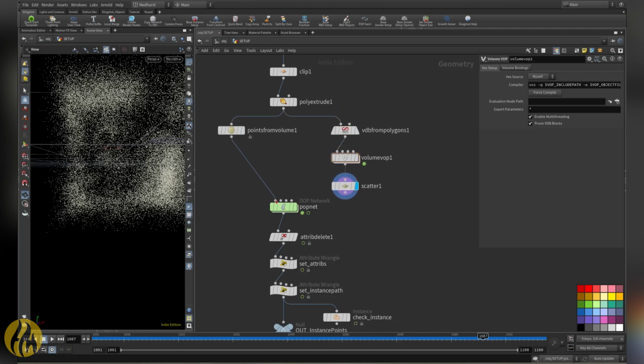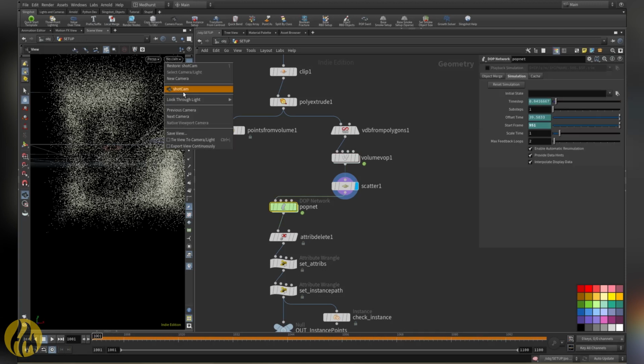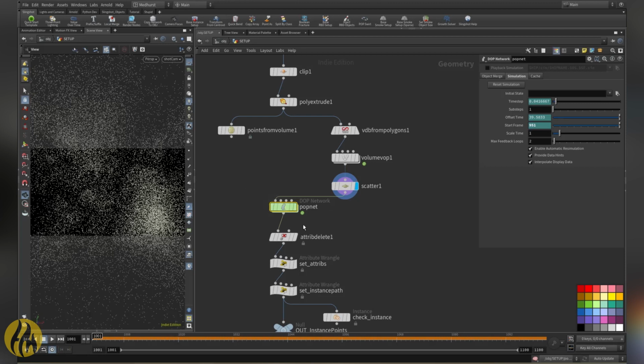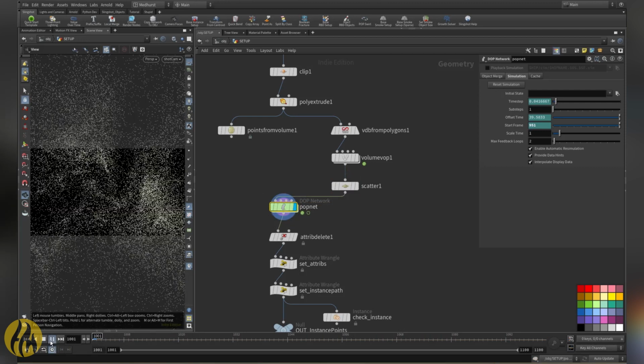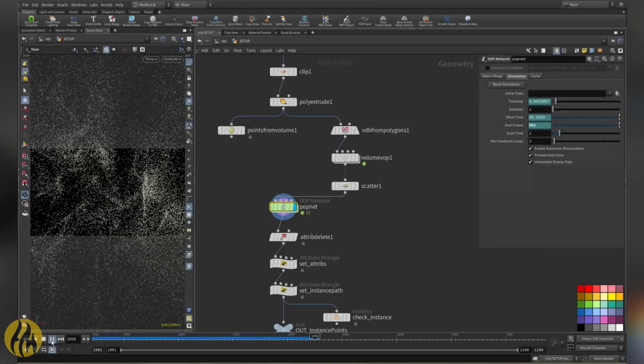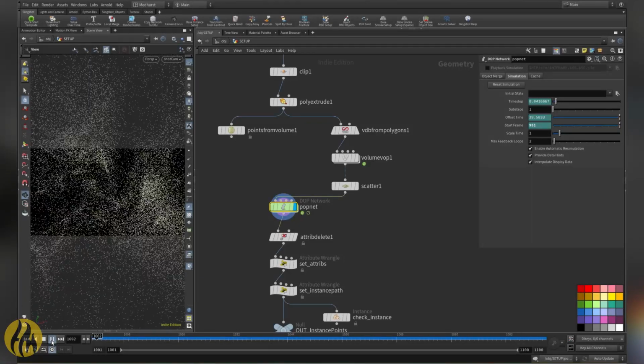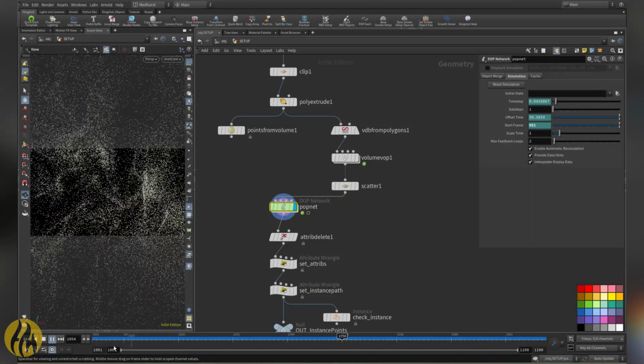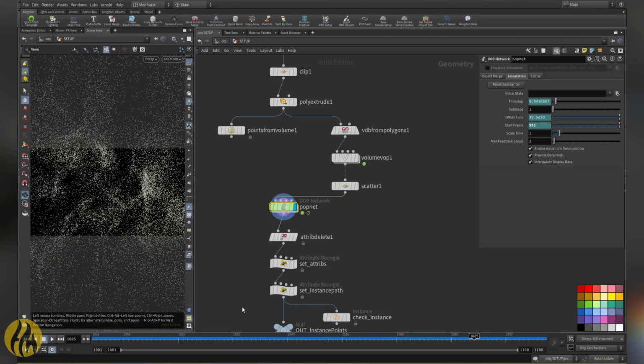There we go. This is option 2. I'm not sure how much of a difference this is going to make, but you can see we've already on frame 1 sort of broken their positions up, but the curl noise might totally break the whole thing. It is slightly different. I actually don't mind that so much. But this would be my strategy for creating an effect along these lines